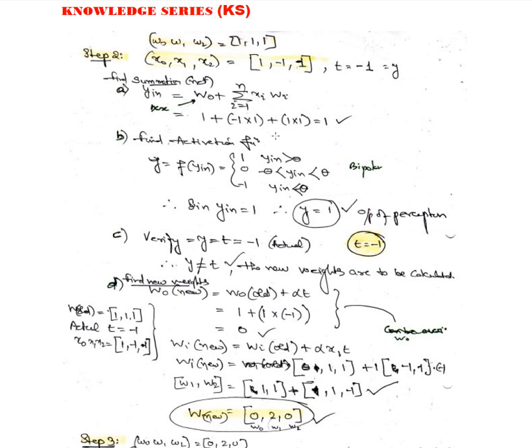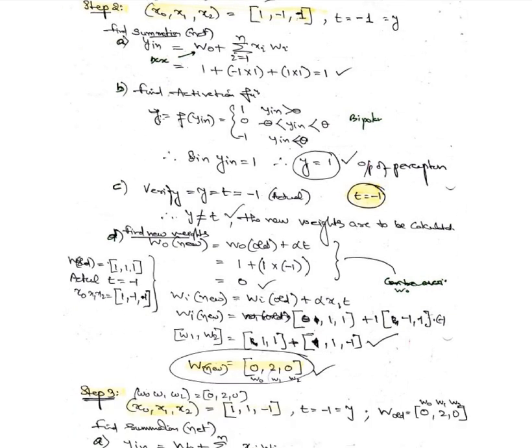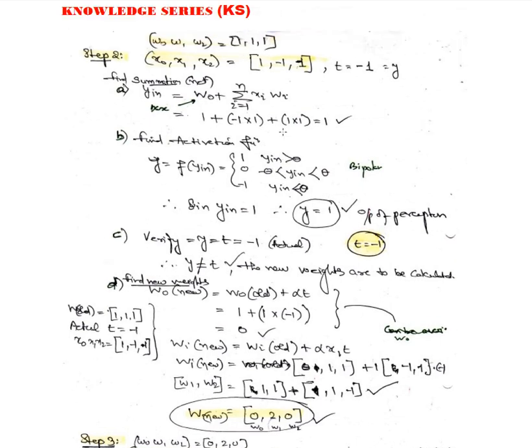So once we do it, we are going to see the output as 1 here. Now if you go further, if you find the y, y is equal to what? F of y in. So here again with respect to theta, y in greater than theta, y in less than minus theta, and y in between this theta. Now under these particular situations, you will check.